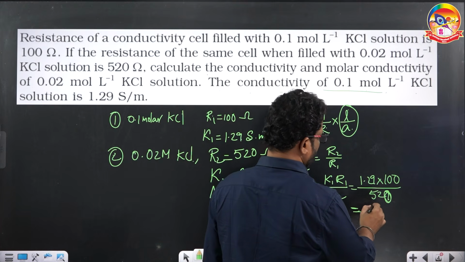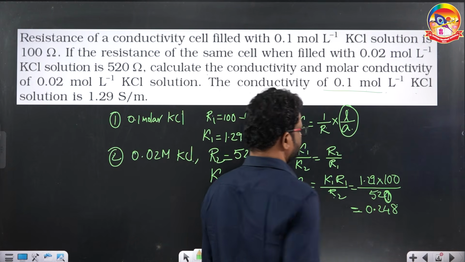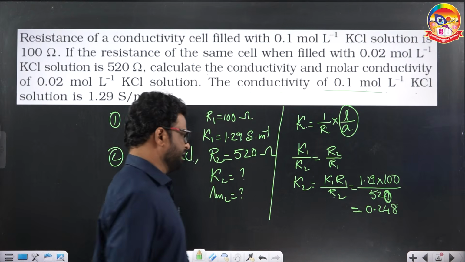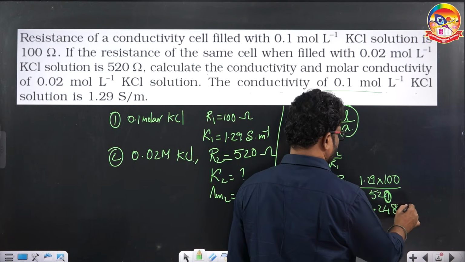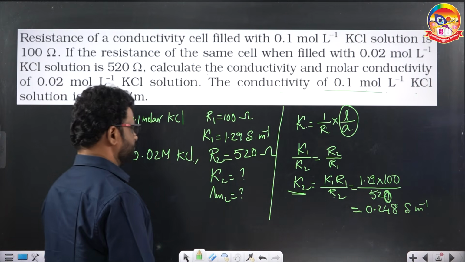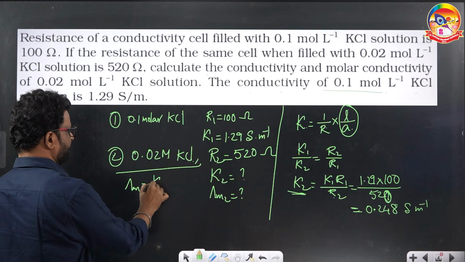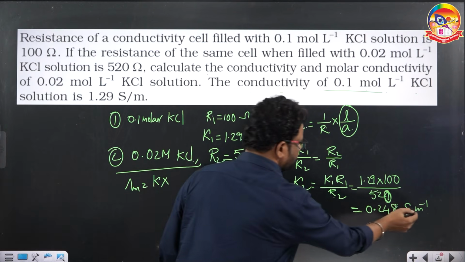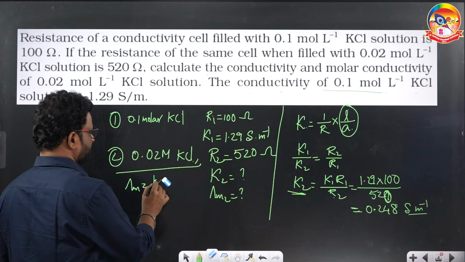something around 0.248. This is conductivity of this solution in Siemens meter inverse unit. For the same solution, let us calculate lambda m. Lambda m is equal to K into, see, look at this. This is given in Siemens meter inverse. So I will take the formula as